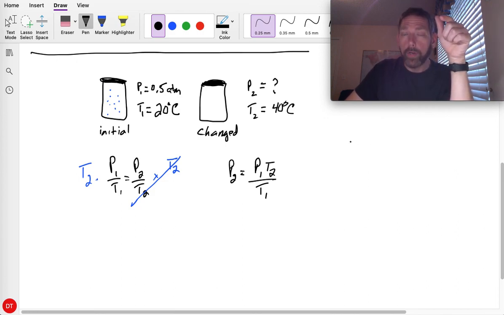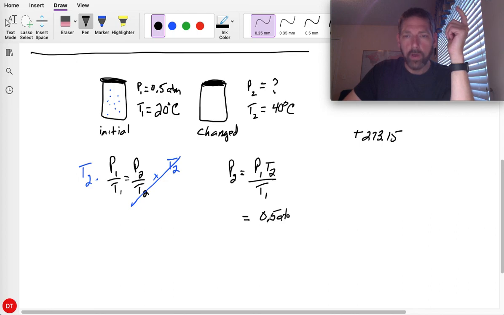Hopefully you know what we need to do next. When we're dealing with temperature, we have to add 273.15 for our Kelvin units, right? So everywhere where we have temperature, we're going to have to add that in. So let's see. We see pressure P1 is